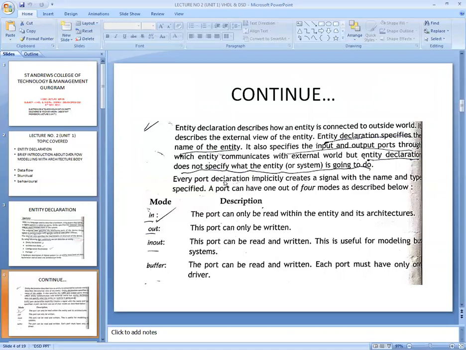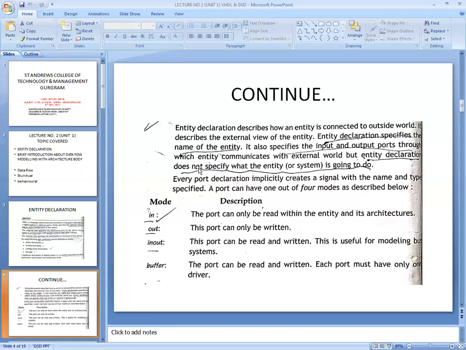It means any gate which we can design through the language, that language is concerned with three modeling styles. The one is called data flow, structural, and behavior. Any modeling style should be differentiated from one another by the architecture body.